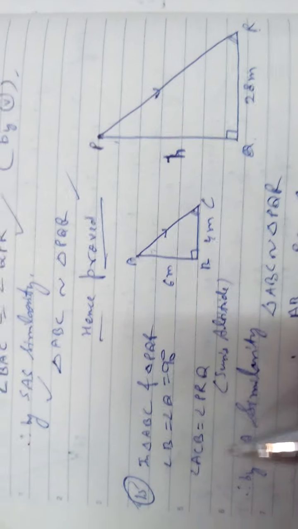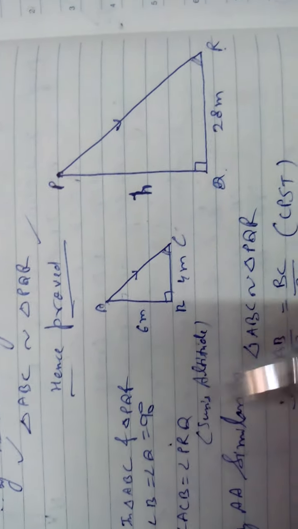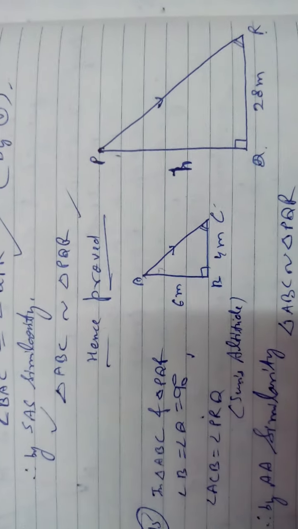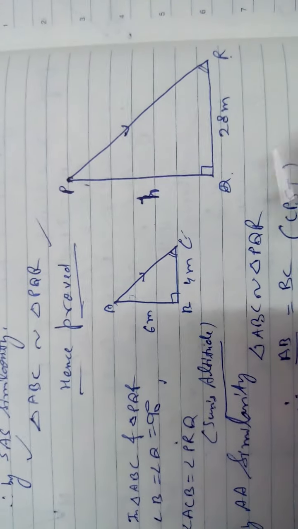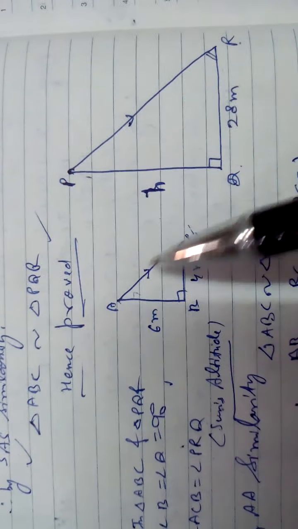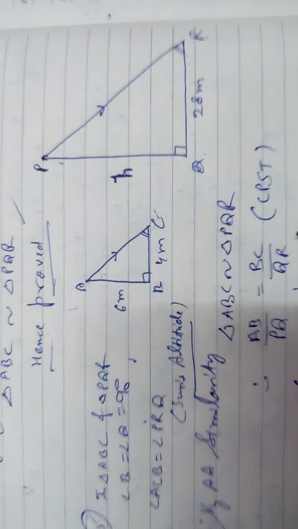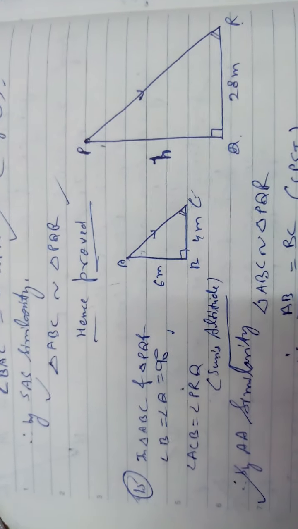So first of all, you will get triangle ABC and triangle PQR. You can prove angle B equal to angle Q, 90 degrees, because anything stands on the ground at 90 degrees. Also angle ACB equal to angle PRQ, because the sun's rays fall at the same angle with the ground at the same time, for the building, tree, everything. That's why it is the sun's altitude. So with two angles, AA, you get triangle ABC similar to triangle PQR.